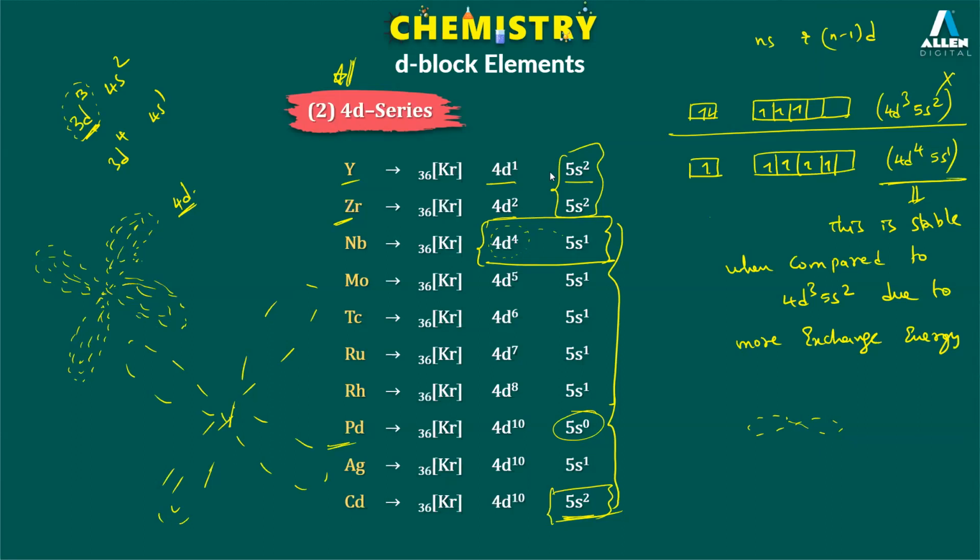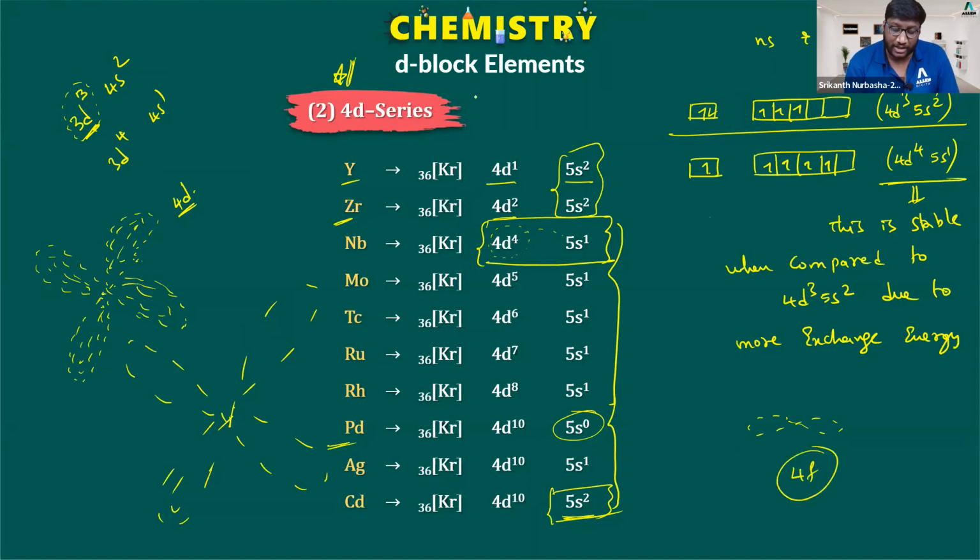Yes, sir. Can I apply the same logic in 5d? You may ask a question: sir, in the 5d series, more dispersion is there, so can I say the 6s and 5d electrons can transfer easily, so in all cases you can write the electronic configuration that way? No. Why? Because whenever I go to the 5d series, there I have inner 4f electrons also.